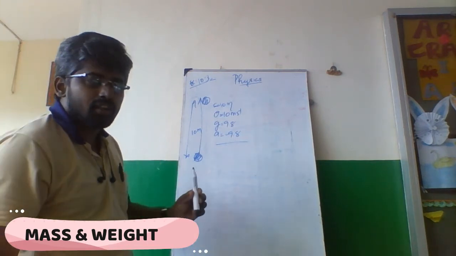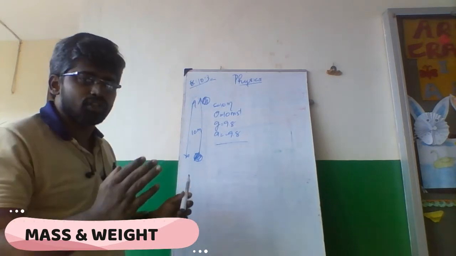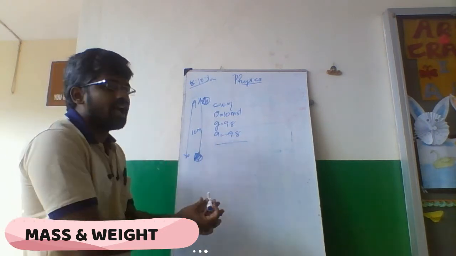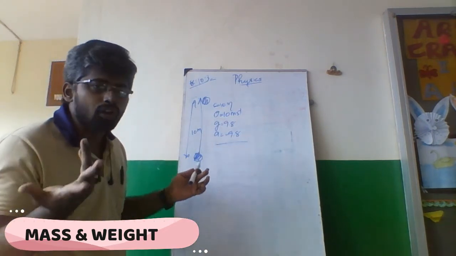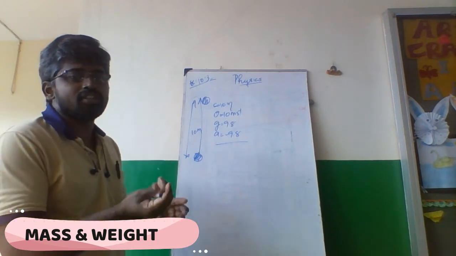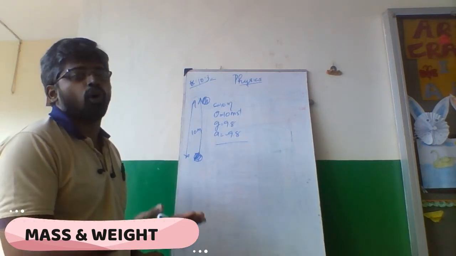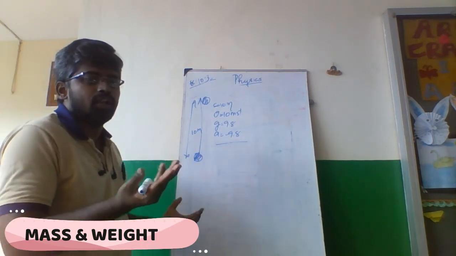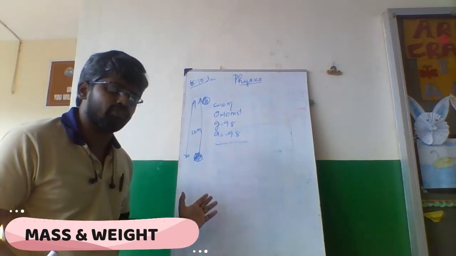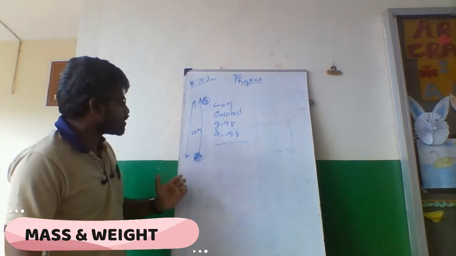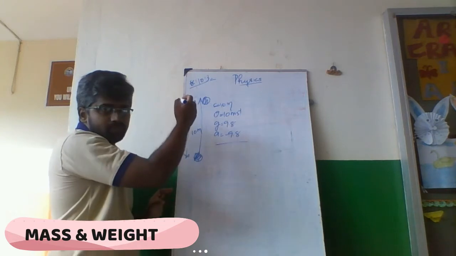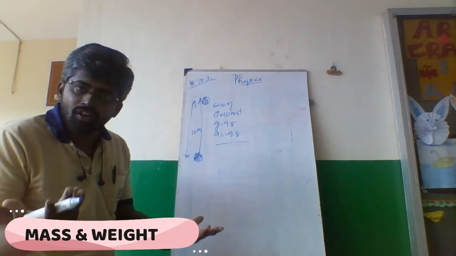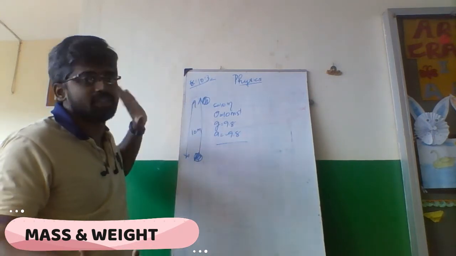Initial velocity for upward movement is never 0, because with some initial velocity only you are throwing something. For example, I am throwing this, means that has some initial velocity that is not equal to 0. That cannot be 0. If it is 0, the object will be here in my hand. It will not go out. Okay, it has some velocity, but we don't know what is that velocity. But we shall find. Easy. Now, it is thrown and it is going to 10-meter height and it drops down. That's all that is given. The time is not given. Only the distance is given.